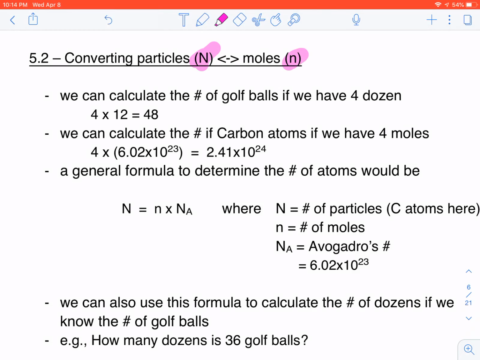So if I was talking about golf balls, I don't play golf, but I said to you, if you have 4 dozen golf balls, how many golf balls do you have? Most of you would say 4 dozen. Well, that's 48, right? And you may be able to do it in your head, do it really quickly, and it'd be a no-brainer, right? But in your head, what you've done is you have taken the number, which is the number of dozen. n is the number of dozen,